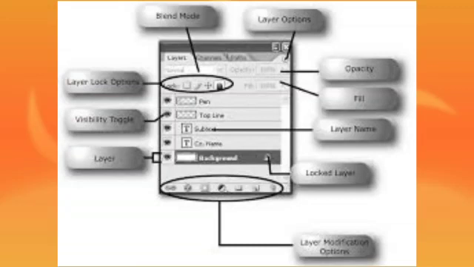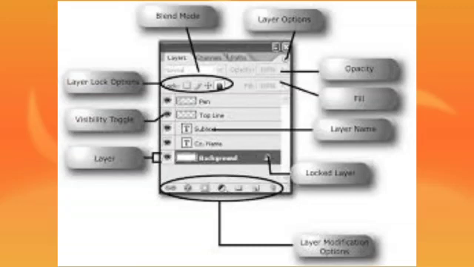Then lock options. These options are used to lock the layers. When layers are locked, some features and tools do not work on them. In the lock options, the visibility will be mentioned. We can lock the layer, so we cannot move it from one place to another place. We cannot change it. So that is the lock.